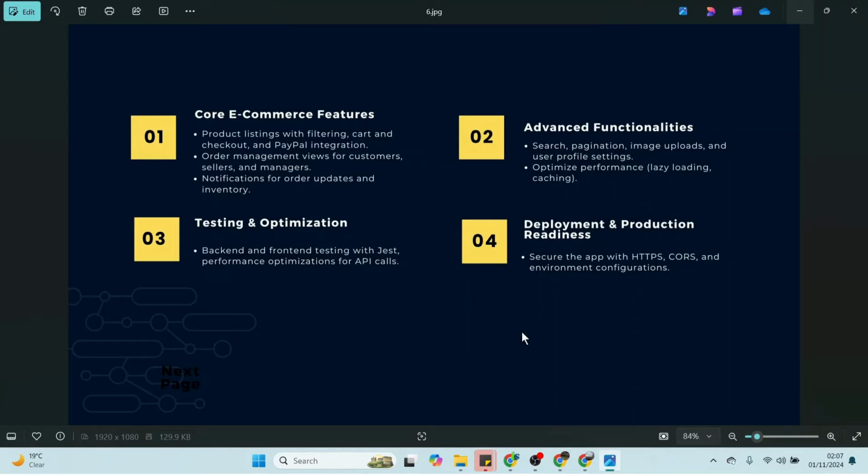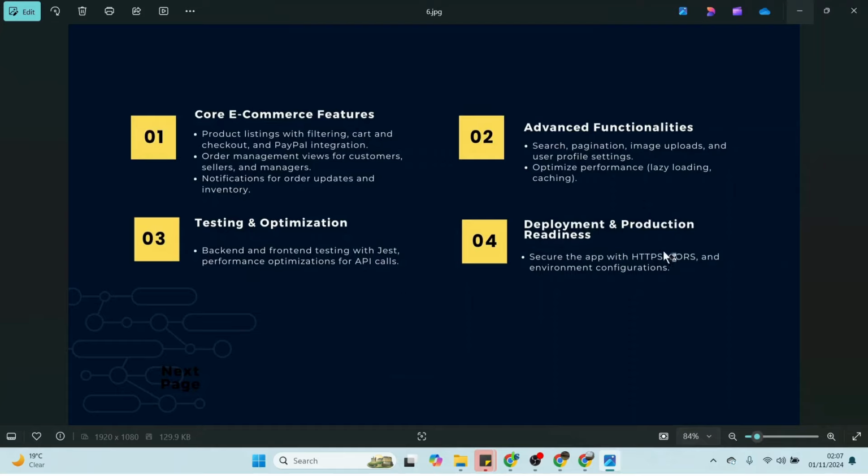Core e-commerce features, product listing, or the filtering cart, and checkout, PayPal integration, etc. Advanced functionalities, search, pagination, image upload, and user profile settings, all of that. Testing and optimization,